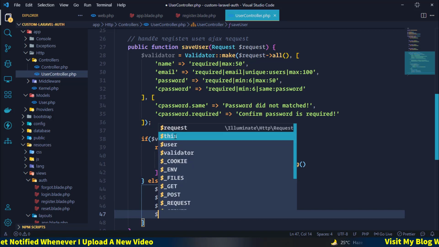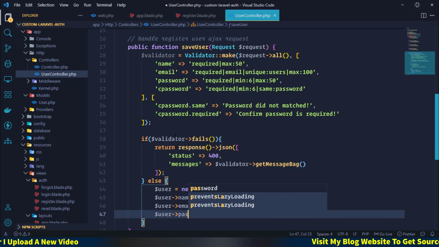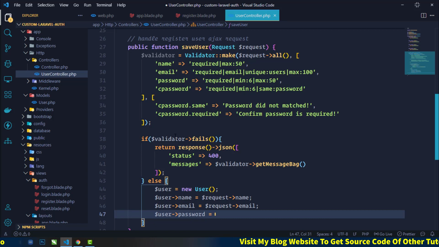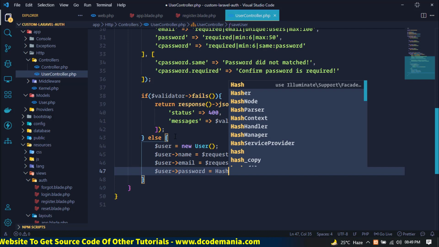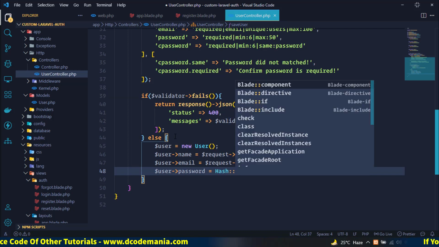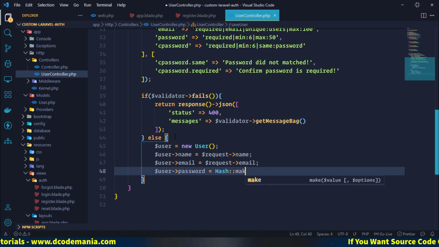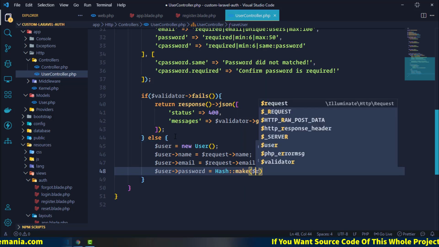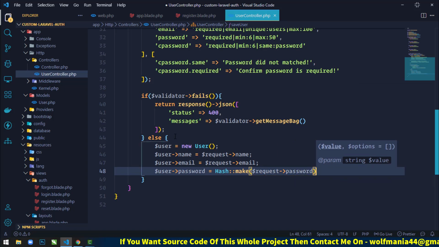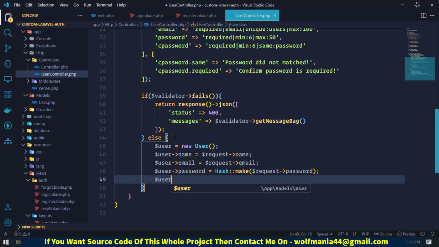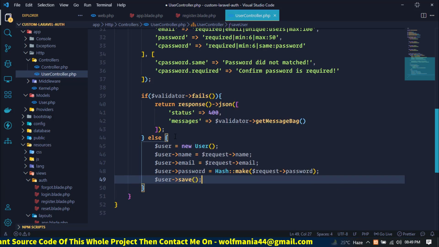Okay, similarly for password, just write password equal to, now I will not insert the plain password in the database, I will insert the hashed password. Okay, to make the password hashed we will use Hash class. Okay, and I will use make method of Hash class. Okay, and here I will use request password. Okay, request password.